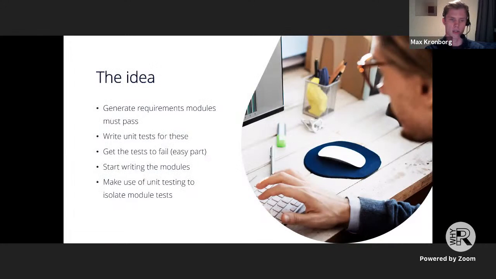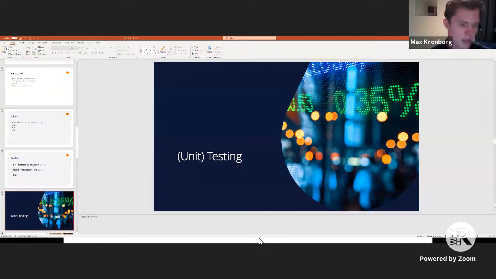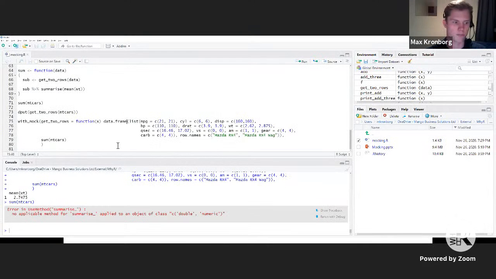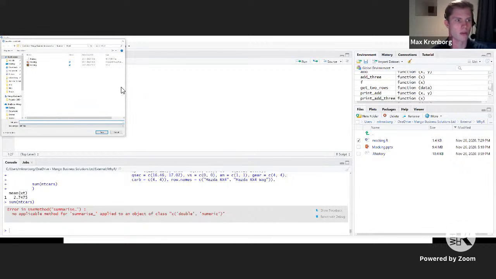So we're just going to use an example for this. Some GCD and LCM computations, let's say. So we'll go and do a little bit of unit testing with that, for which we'll actually use testthat, which you may or may not have seen. So if you make a new script, we just need a context for it. So test GCDs and LCMs. We can say that actually in here. So we'll call it function tests.